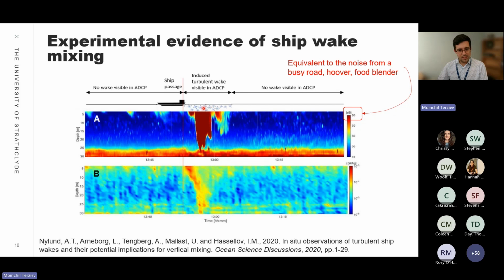Still, the vessel produces a very powerful and intense disturbance in terms of noise. You can see this is above 80 decibels, which is more than a food blender. And we know that that would be uncomfortable if you were subjected to that, which tells you that all of these marine animals, mammals, and other species can be quite strongly influenced by this level of noise, particularly in busy